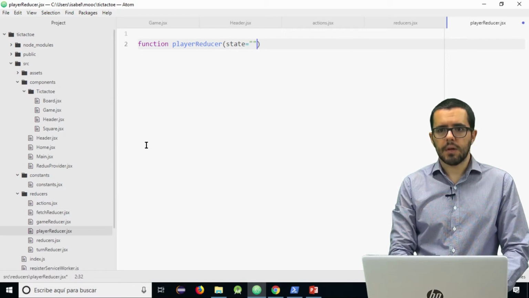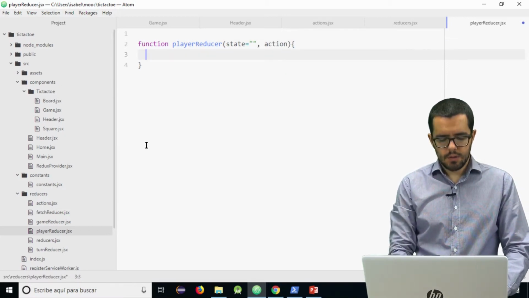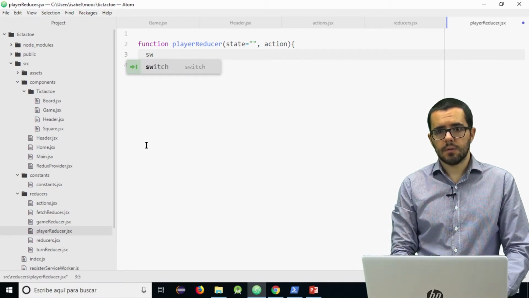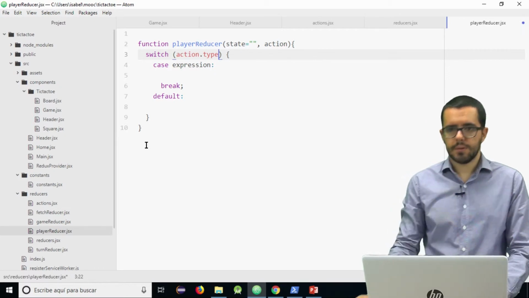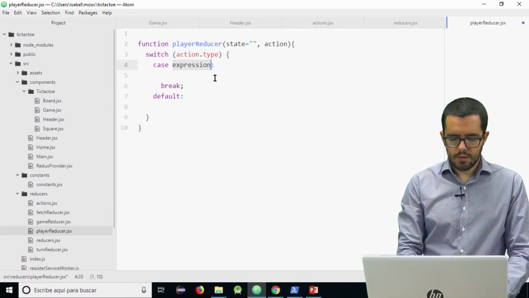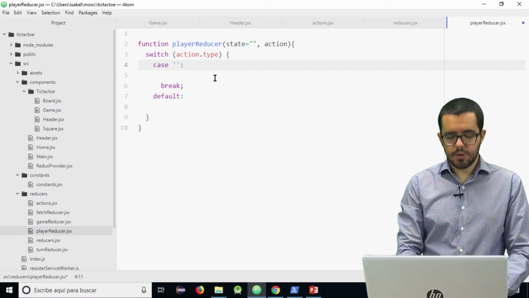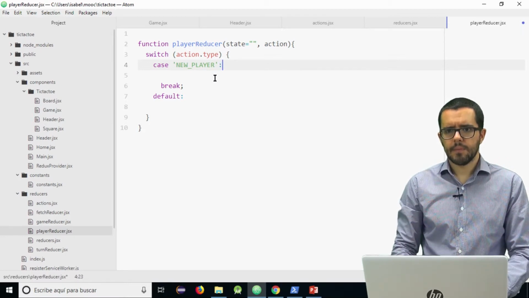The state will be empty by default, and it receives as always an action. It also has as always a switch on the action type, and we have the action called NEW_PLAYER.